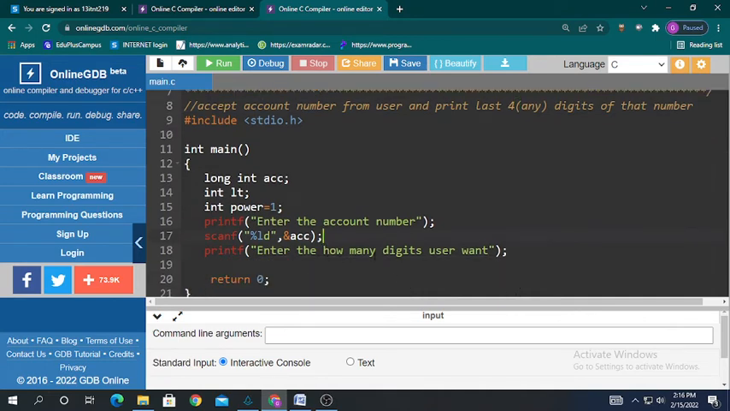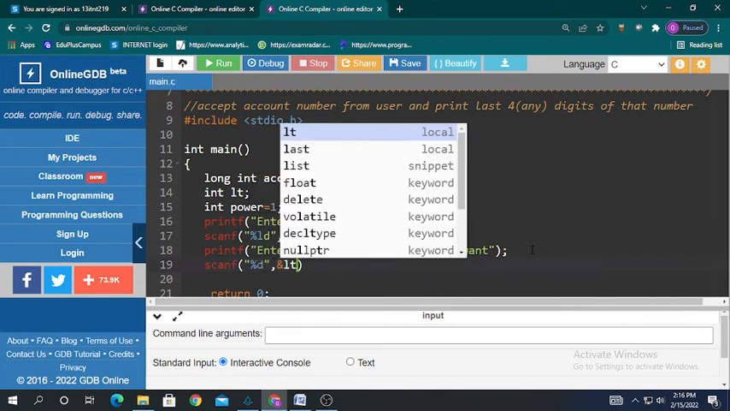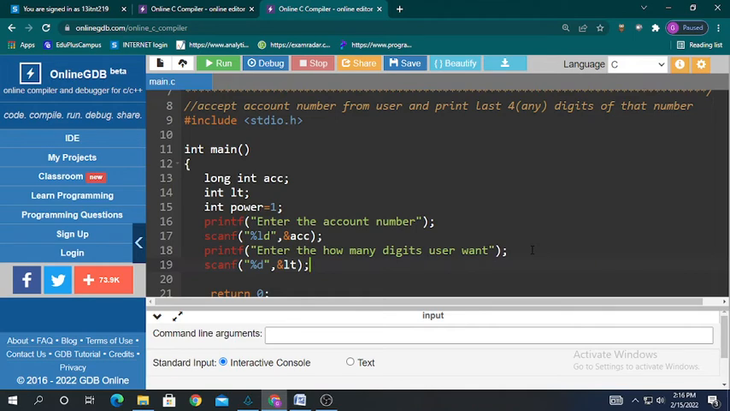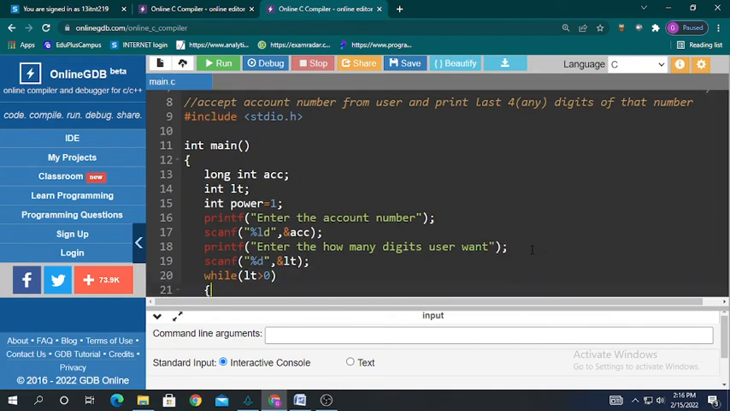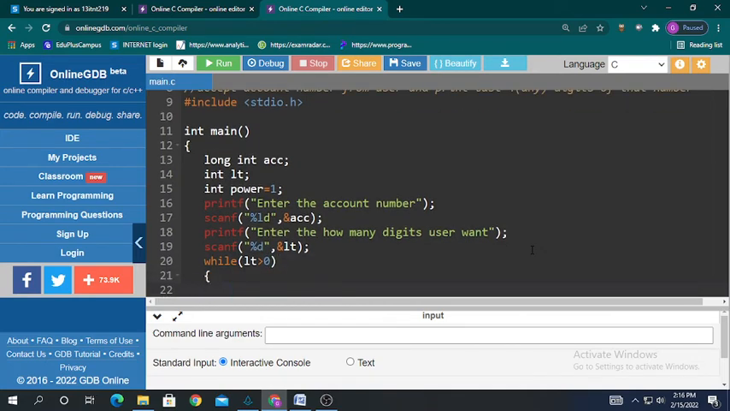Okay, so enter how many digits the user wants. Here we are accepting that value like %d, and storing it into the lt variable. Now I want to check the condition: while lt is greater than 0, if the condition is true,